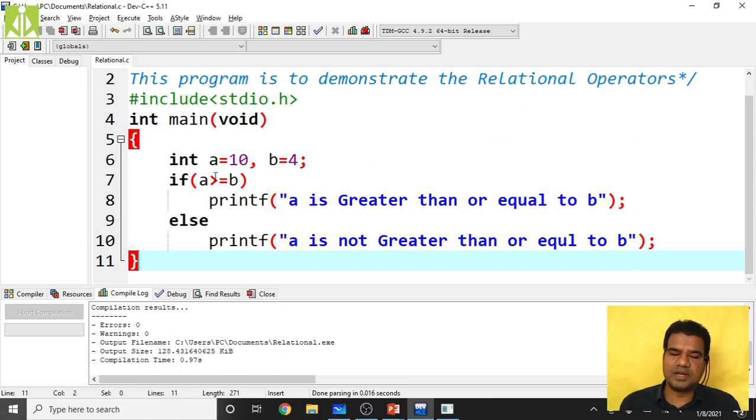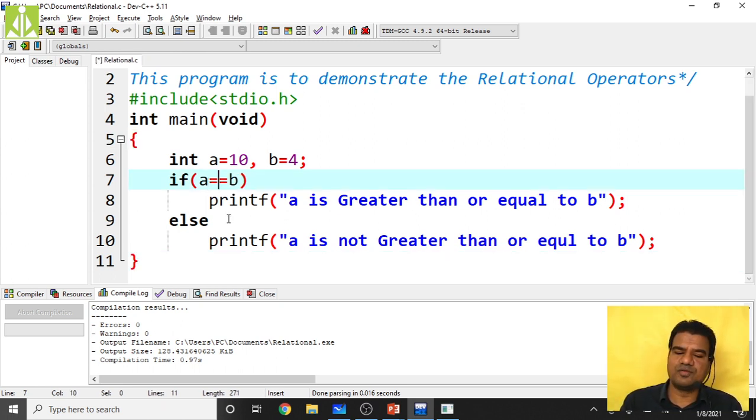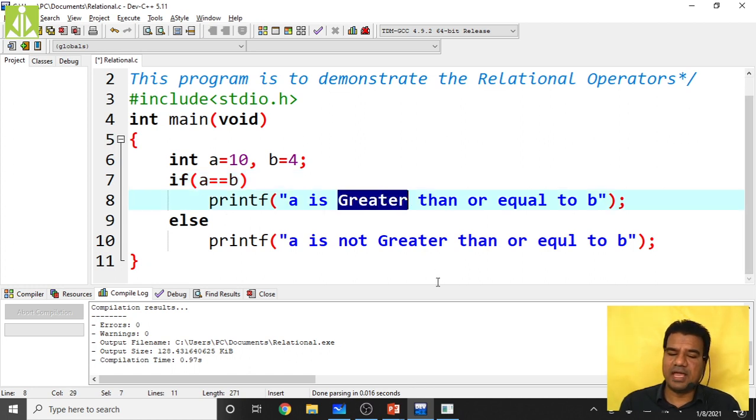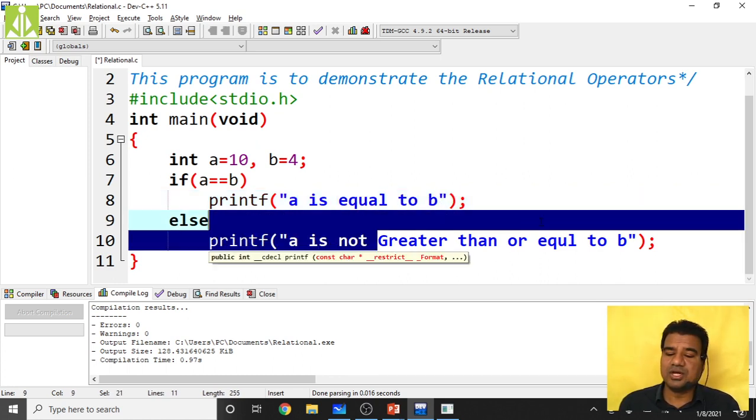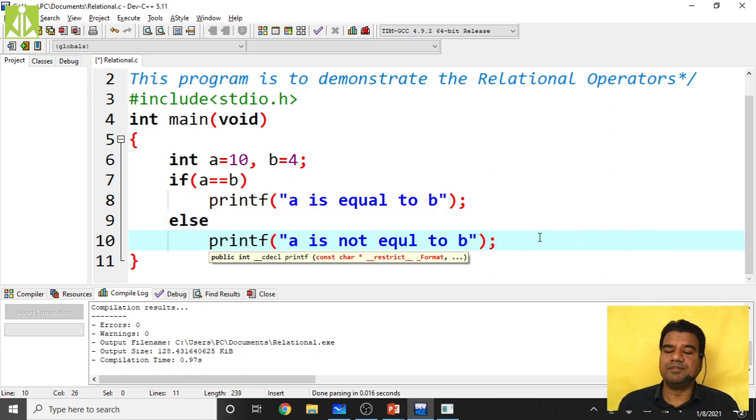It is very simple. Put the double equals first, then printf "a is equal to b" and "a is not equal to b". That's it.